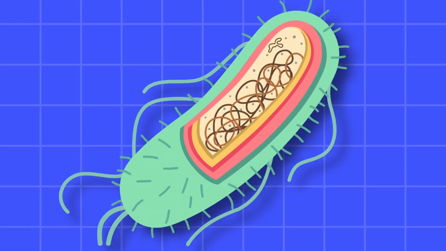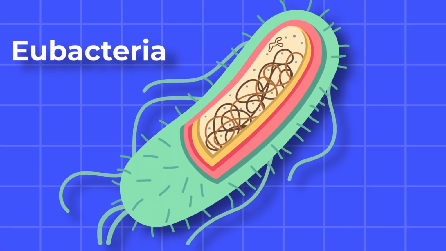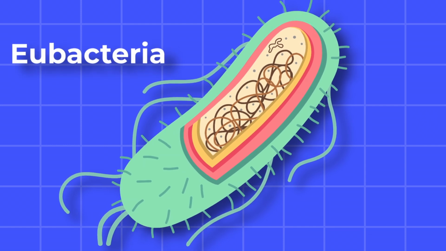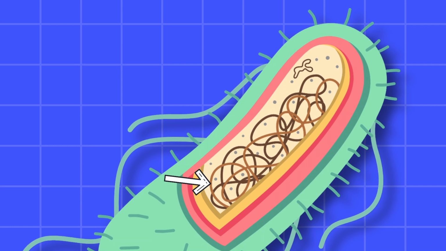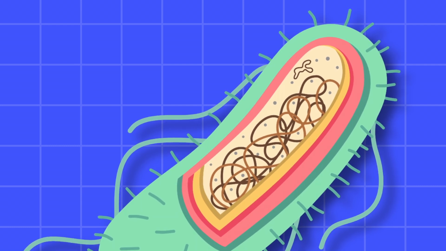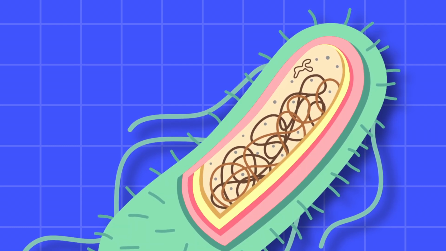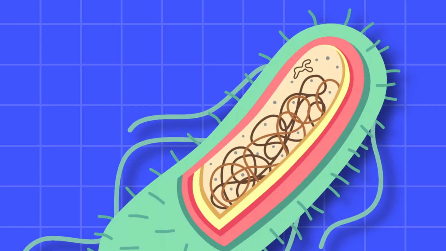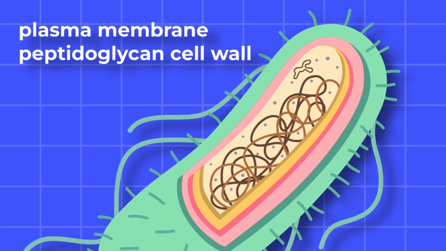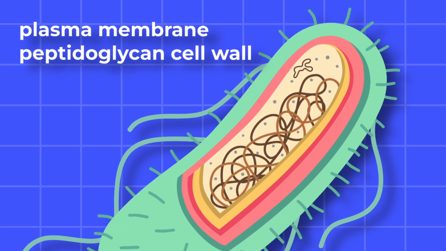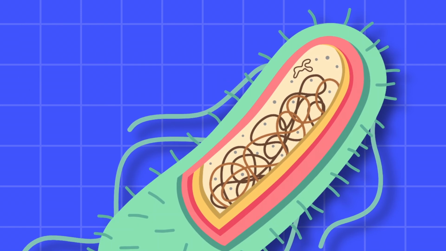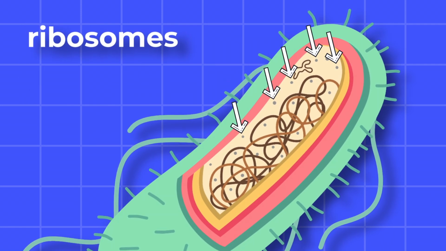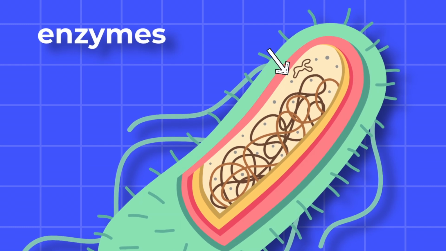To start, bacteria, also called eubacteria or true bacteria, are single-celled prokaryotes. They lack a nucleus, so their DNA sits freely in the cytoplasm. On the outside, each bacterium is wrapped in layers of protection. A thin plasma membrane, a strong peptidoglycan cell wall, and often a sticky capsule that helps prevent drying out and shields against immune attack. On the inside, thousands of ribosomes build proteins, while enzymes carry out chemical reactions that keep